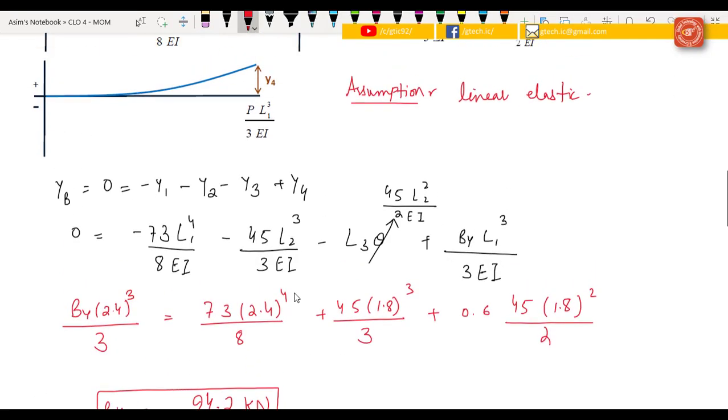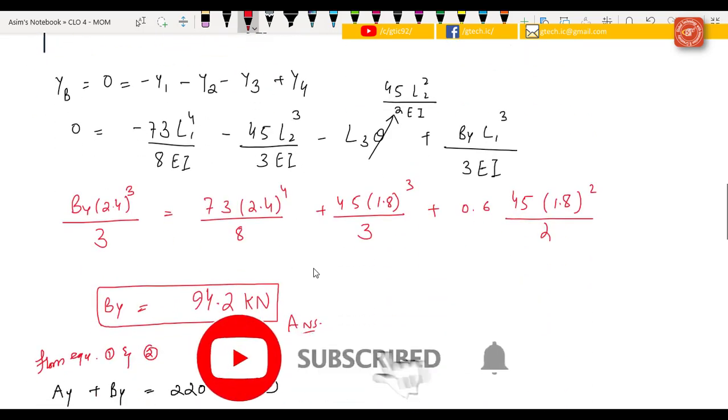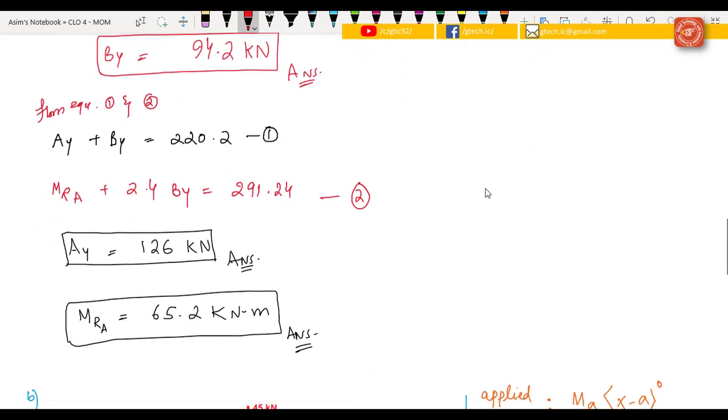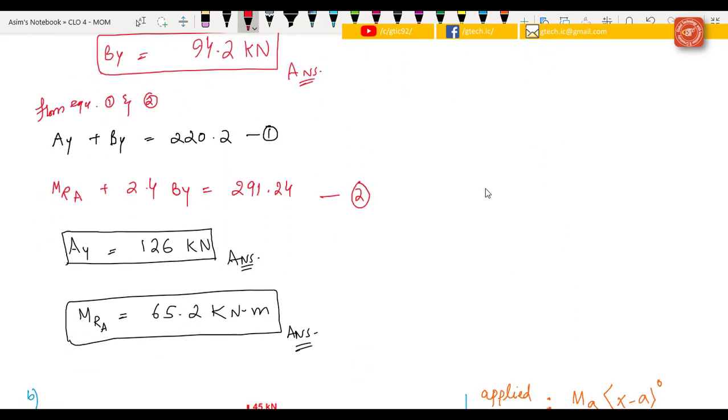वो हमने यहाँ पे कैलकुलेट कर ली। So from equation 1 and 2 that we derive in above, simply I'm rewriting it here, and now substitute the value of By here and here, then you come up with this value, that is Ay 126 kilonewton, and moment at A would be 65.2 kilonewton meter। So this concludes our solution of part A।